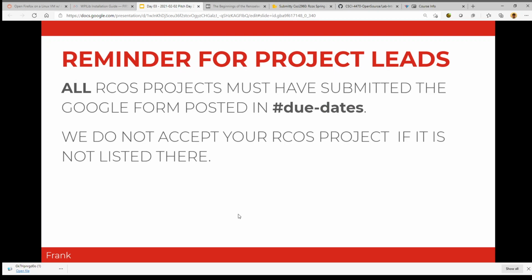And one very important reminder for project leads. If you are on this call and you are running a project in RCOS this semester, you are not going to be recognized unless you submit that Google form that is pasted in the due dates channel. This is whether or not you are pitching or you pitched, whether or not you already have a team or do not. We're in the middle of switching infrastructure, so we need a single place where